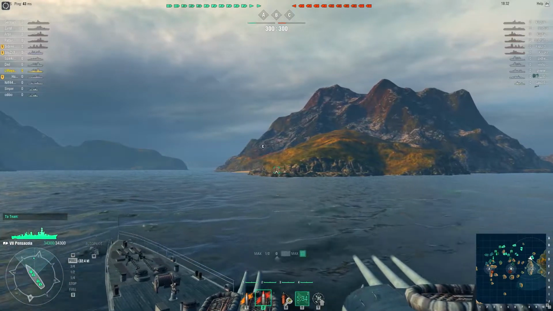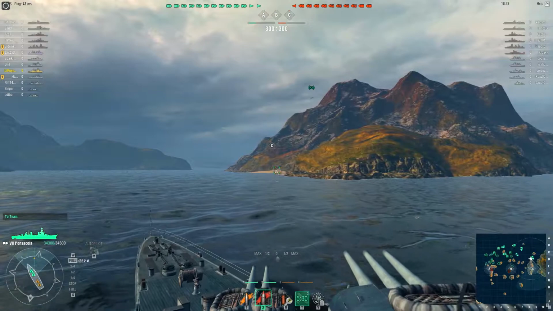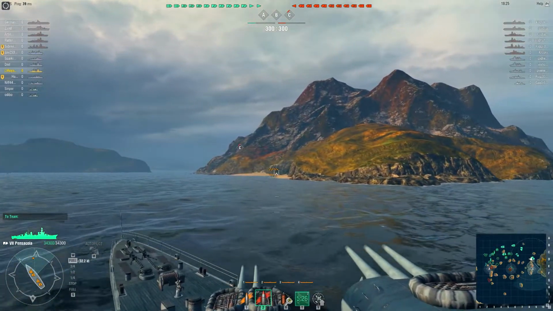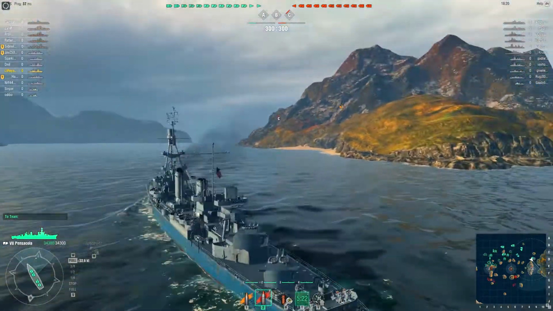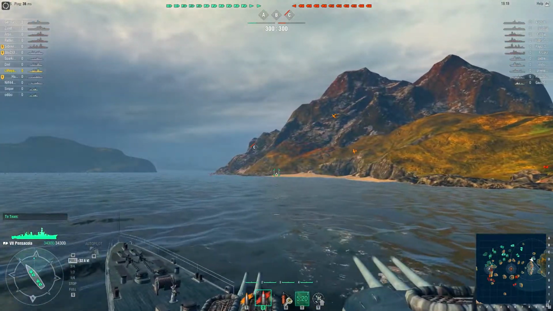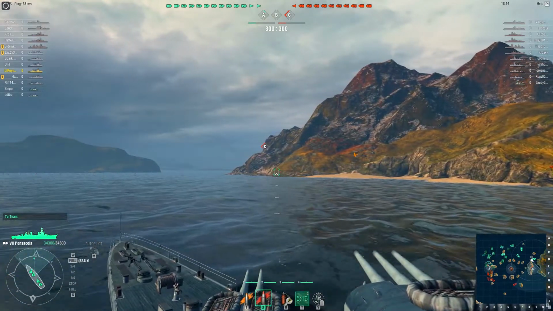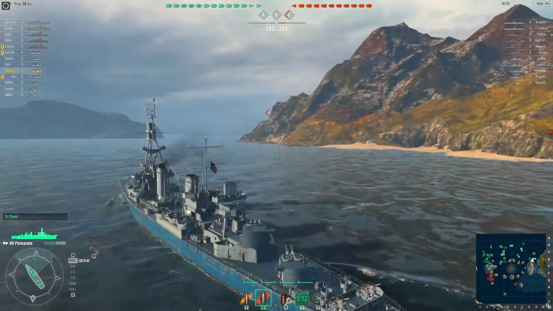You see at the bottom left there's a little speed indicator. You can go 1/4 speed, 1/2, 3/4, or full speed. I found out that the best way to not die in this game is to go 3/4 speed or 1/2 speed. If you go full speed, especially in a cruiser, which gets up to 34, 36 knots, you're going to die. You do not want to go fast, because the role of the cruiser in World of Warships